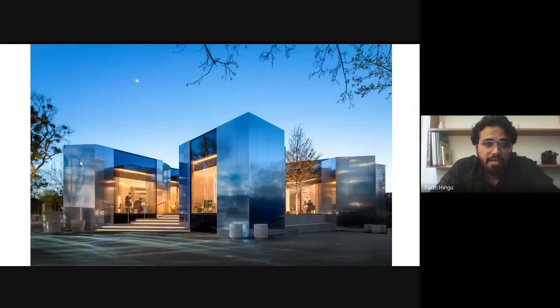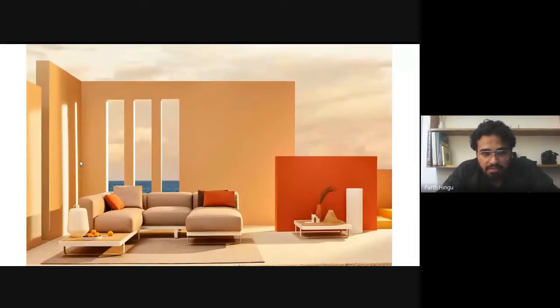Another thing is, if you are doing real estate photography, keep in mind the compositions and the lighting conditions of the building. This photo is captured at the blue hour, and it has warm light and cool light, so this will make the image interesting.